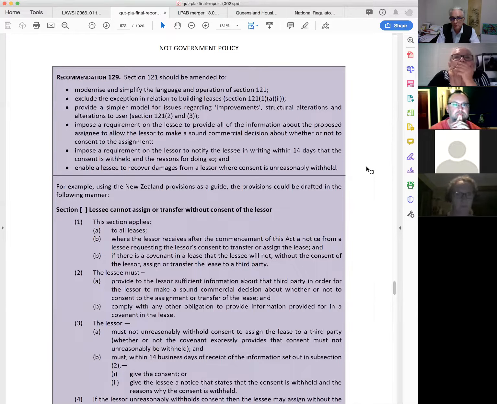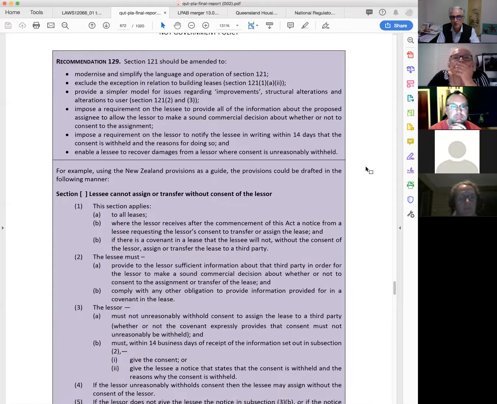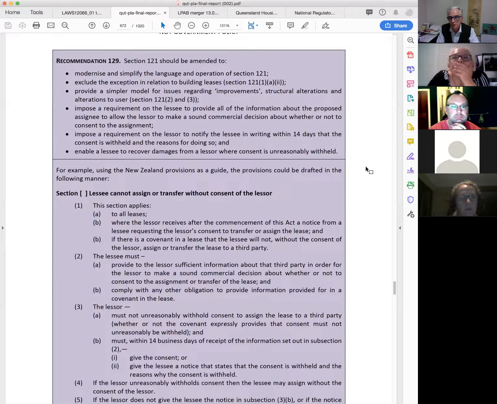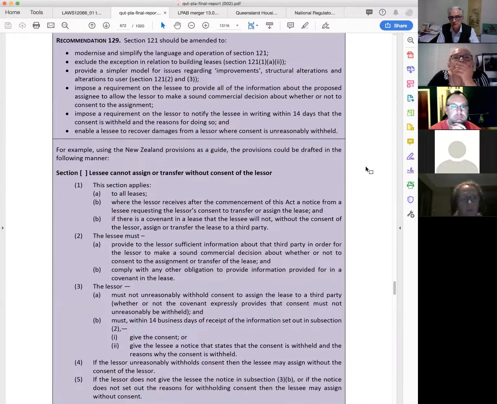Modernise and simplify the language, exclude the exception in relation to building leases, provide a simpler model for the issue regarding improvements, structural alterations, so that's further detail in 121 that we can have a look at. Impose a requirement on the lessee to provide all of the information about proposed S&E. Impose a requirement on the lessor to notify the lessee, so that